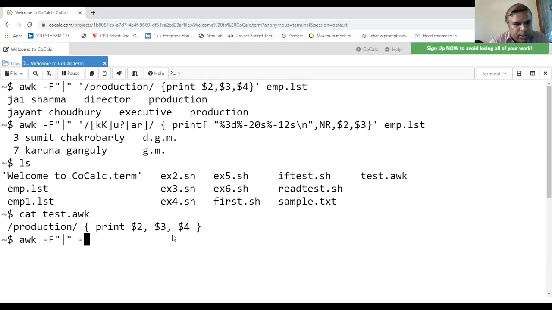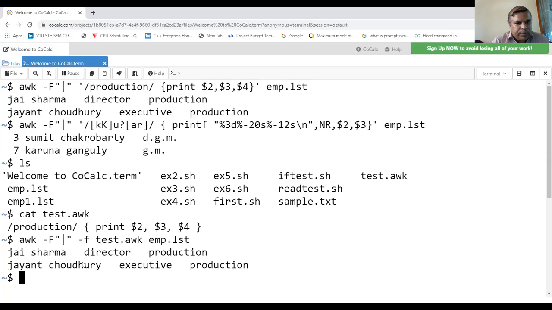Then another option, small f, to specify the AWK script file. The file name is test.awk, and the other file name is emp.lst. See, it has selected all the employees whose department matches production, and you have printed only the second field, the third field, and the fourth field.